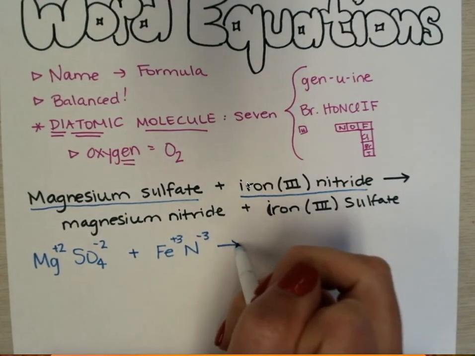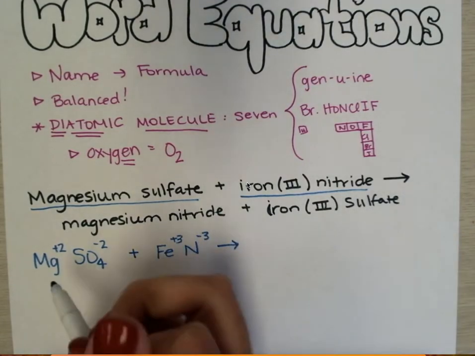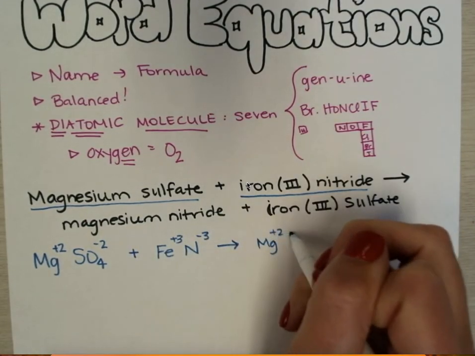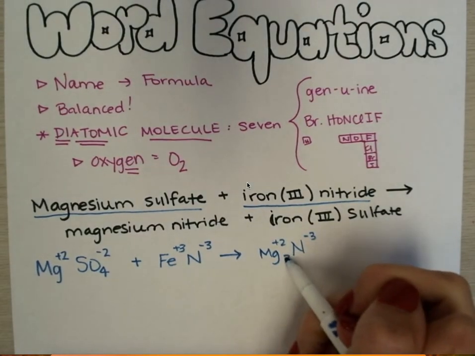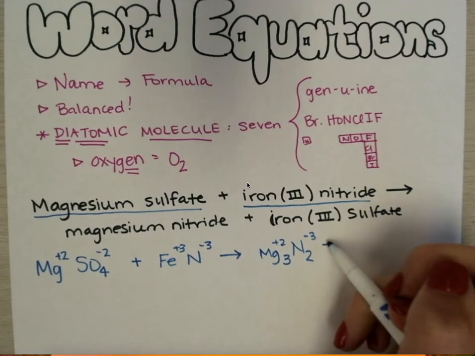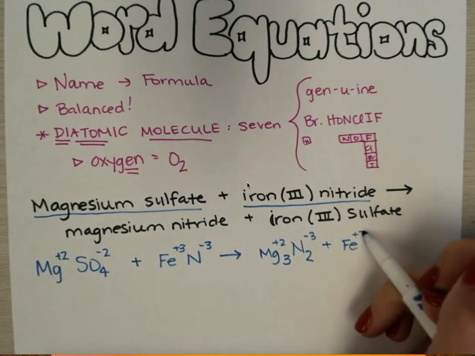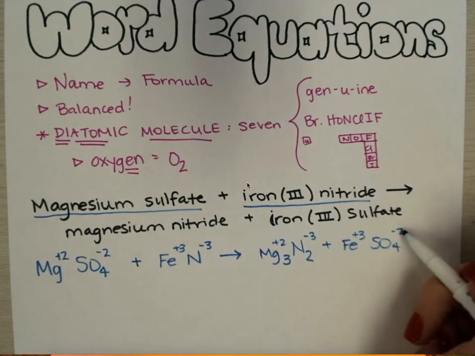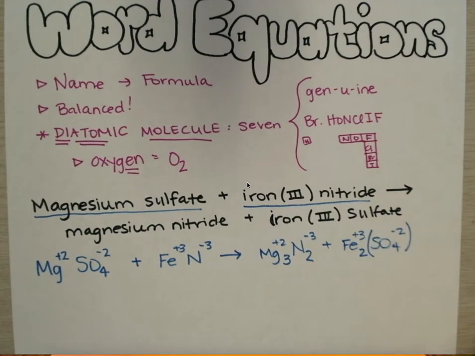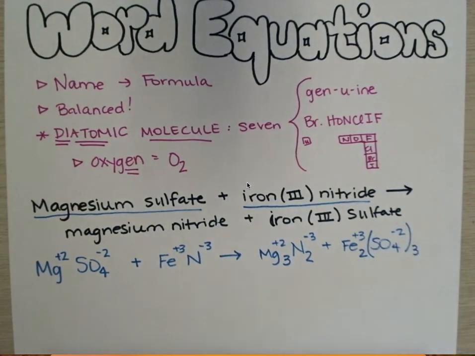Yay. That's going to produce magnesium nitride. So I already know that magnesium is a +2 and nitride is a -3. But now those aren't even, so I'm going to have to cross my charges. That's 3 comes below and that 2 goes there. And that's going to also make iron 3 sulfate. Again, I don't have to look it up. I've already written it down once, but I still have to cross my charges, protect my polyatomic, and then put my subscripts. So now that we have named all four of these things correctly, the last step is to balance,